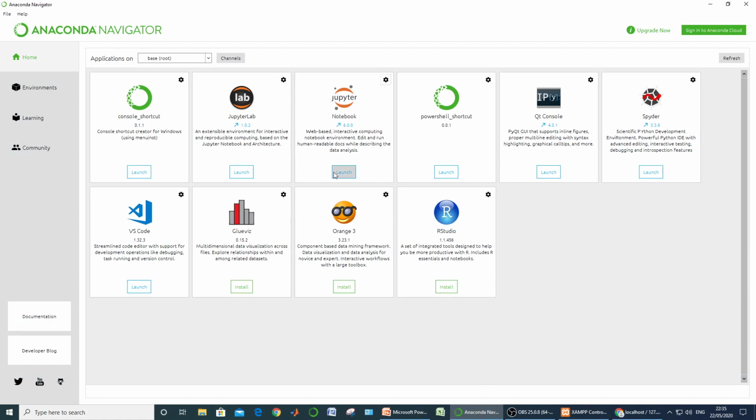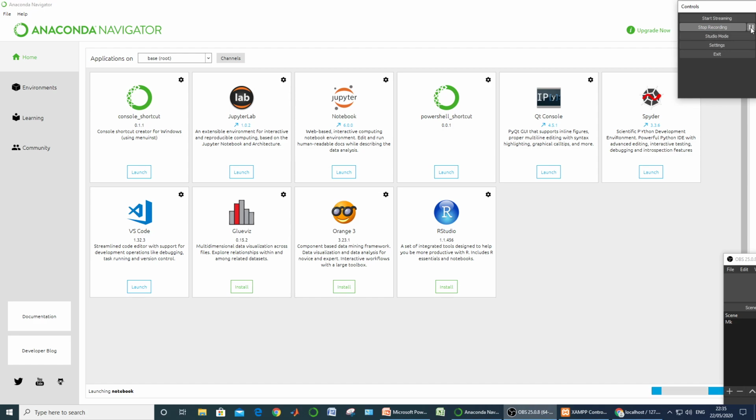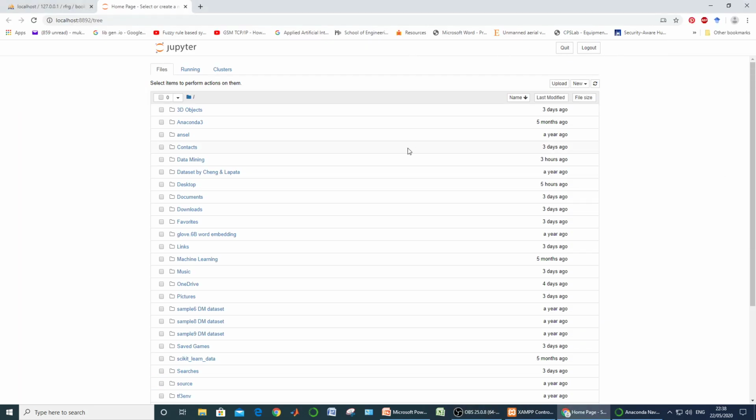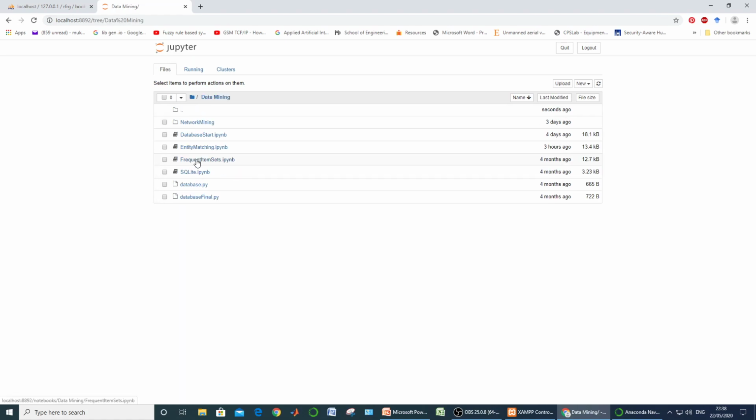First, go to your Jupyter notebook, open it on the localhost, launch it. It is taking some time. So we have just launched our Jupyter notebook, and within Jupyter notebook, let me go to the entity matching.